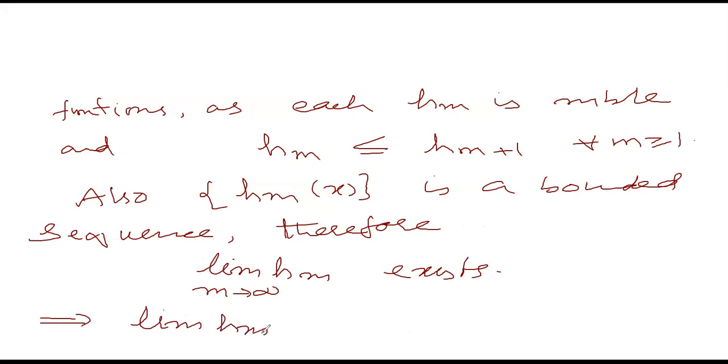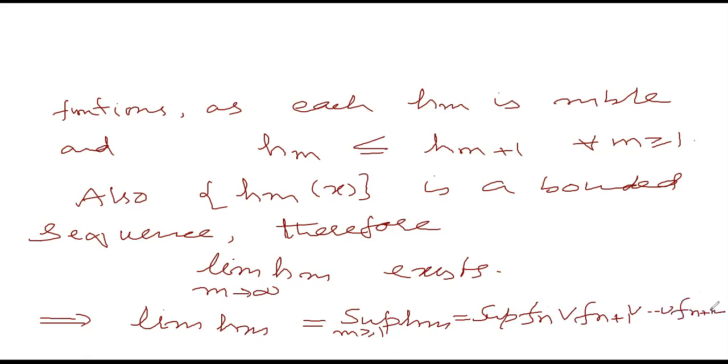The limit of hm is equal to the supremum of hm, and that's equal to the supremum over m greater or equal to 1 of fn join fn plus 1 join and so on join fn plus m. So that's equal to the supremum of fk,